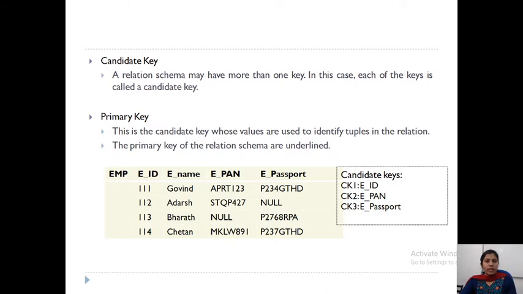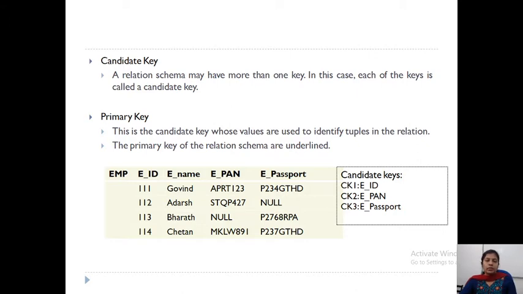So I'll take employee ID to identify the unique or individual tuples in the relation. So for this relation schema, employee ID will be called the primary key. Employee ID is the primary key of this relation schema.